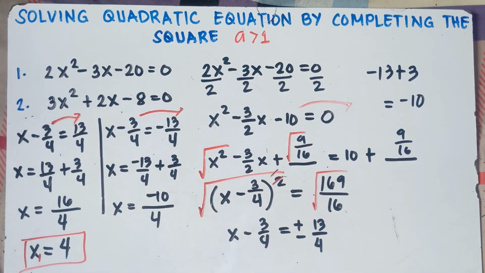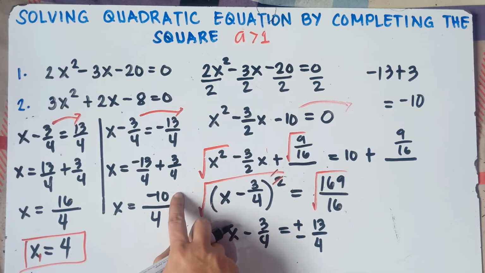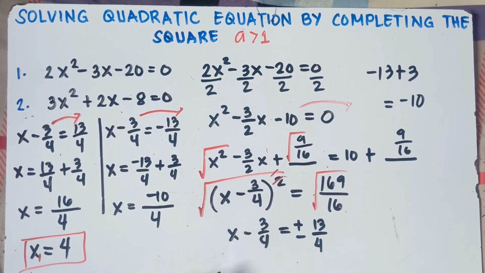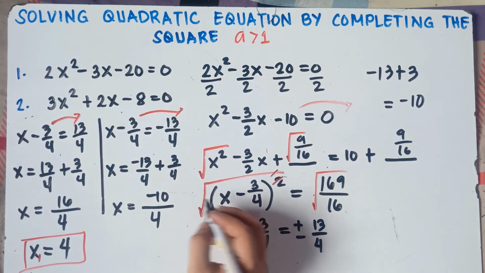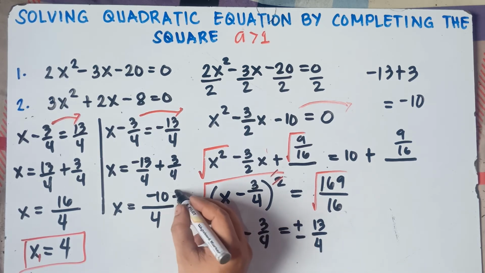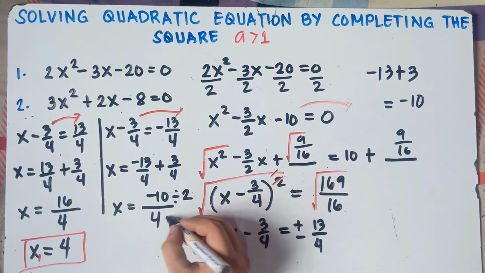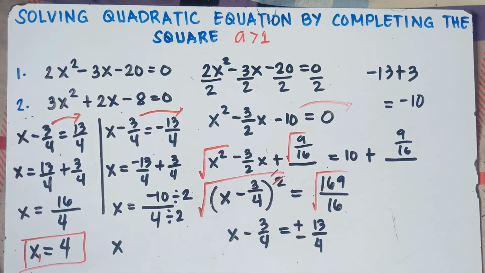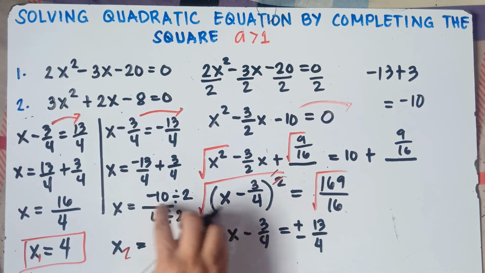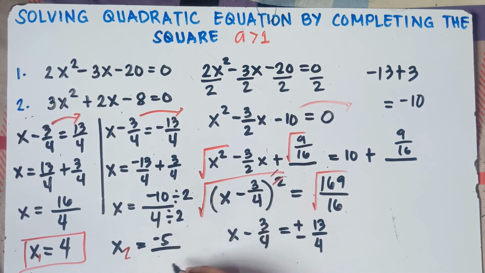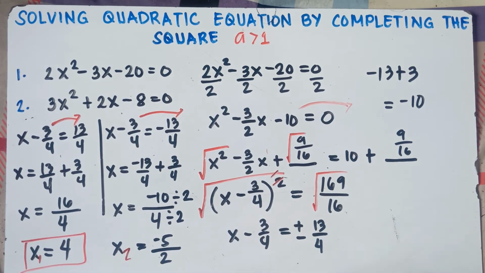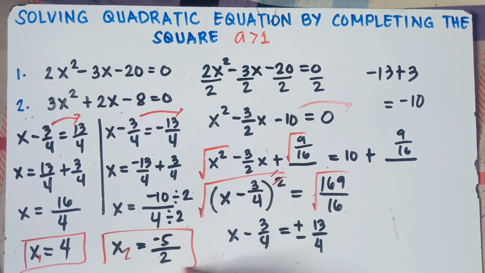Now, class, you check the fraction: can we divide negative 10 by 4? Can we divide 10 by 4? Nope, we cannot divide. Next question, can we reduce? If you can reduce the fraction, you always reduce it to its lowest terms. That's actually mandatory. Yes, we can reduce this by 2: we can divide 10 by 2 and 4 by 2. The GCF of 10 and 4 is 2. Divide by 2. So x sub 2 equals negative 10 divided by 2, that's negative 5, over 4 divided by 2, that is 2. That's it, class. All set for example number 1.